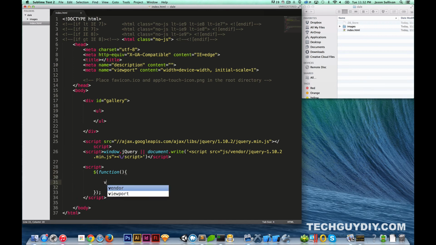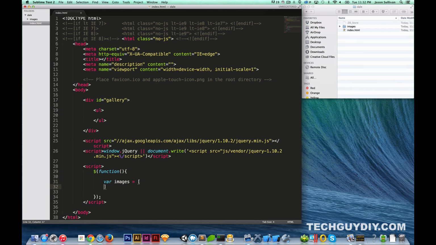So let's set up a variable, and we're going to call it images, and that's going to be equal to an array. And then inside that array, we're going to do some objects. So we're going to do URL is equal to